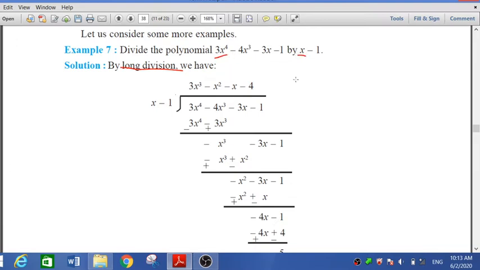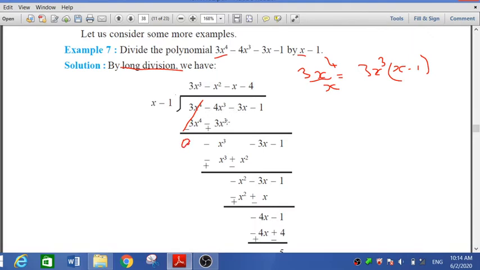Monomial divided by monomial. So I have to write 3x to the power 4 divided by x. So we get the answer 3x to the power 3. So 3x to the power 3. Again in bracket I have to write x minus 1. Now we have to open this bracket. So 3x to the power 4. Here we have again 3x cube multiplied by minus 1, minus 3x cube. So 3x to the power 4 minus 3x cube. Now sign change. So here we get the answer 0.